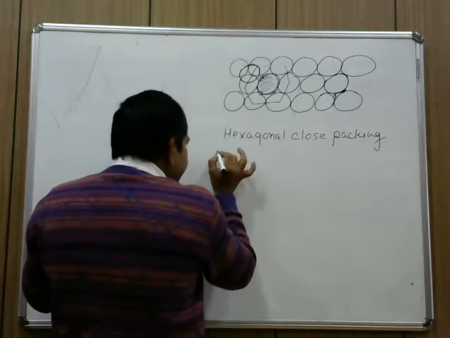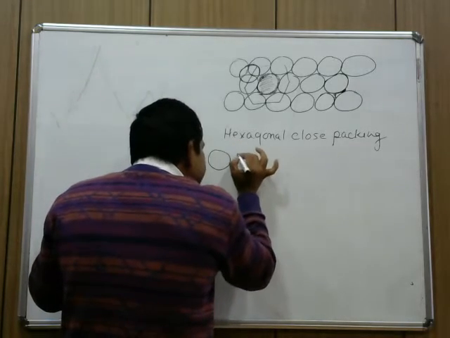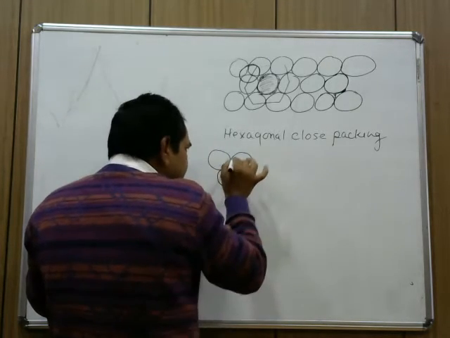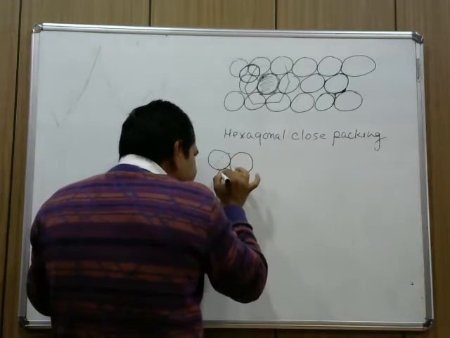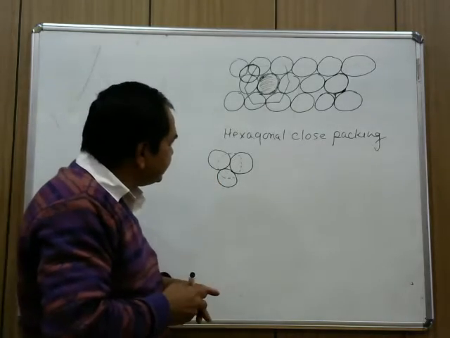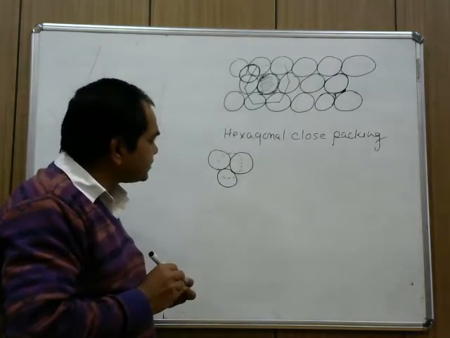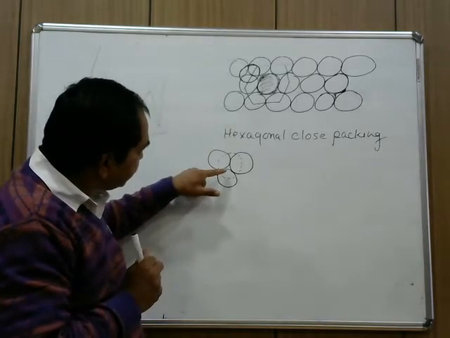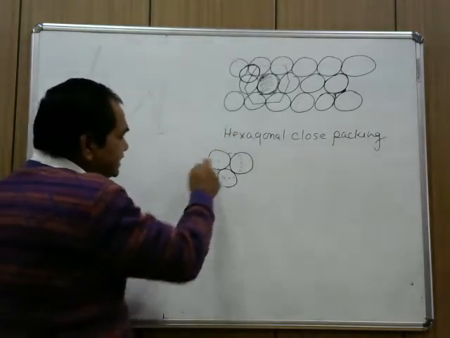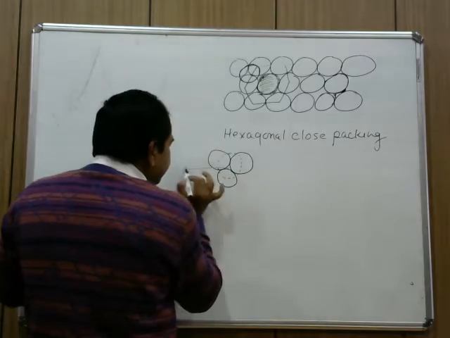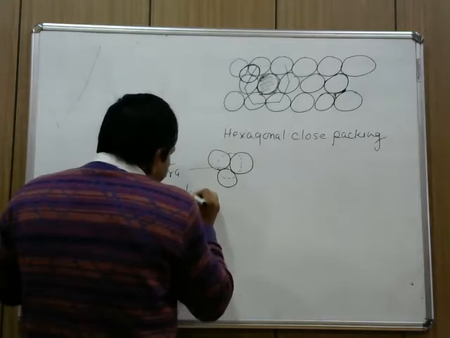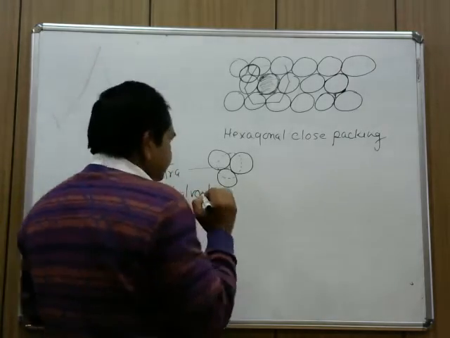One in which these 3 are the spheres of the first row and this is the sphere of the second row. Spheres that are drawn with a solid line are the spheres of the first row, and the sphere that I have drawn here with the help of this dotted line is the sphere of the second row. And this type of void which is formed in here is called a tetrahedral void.